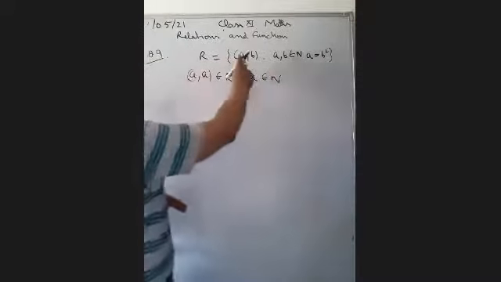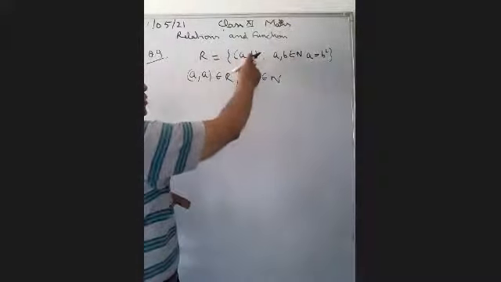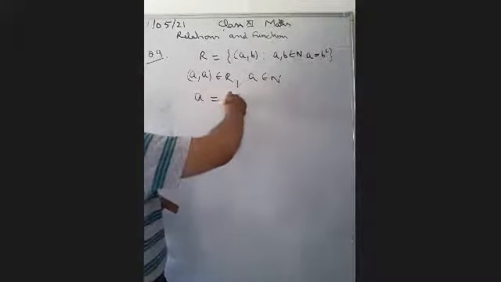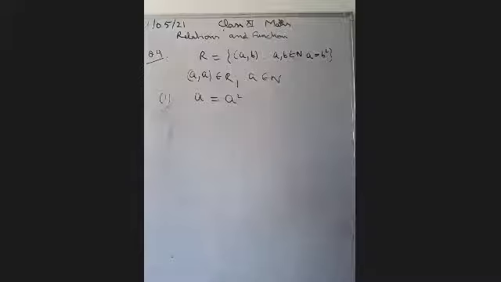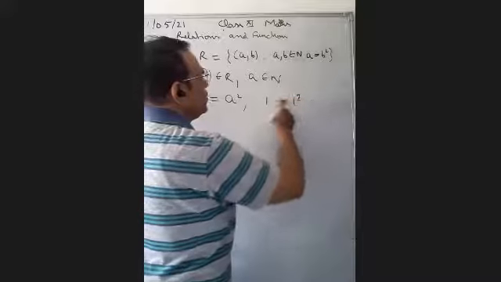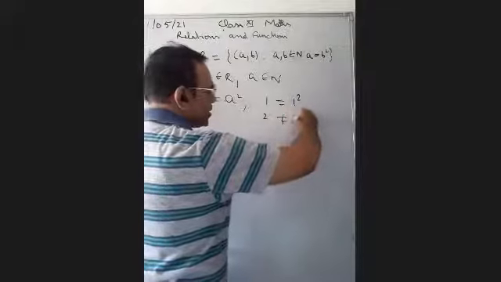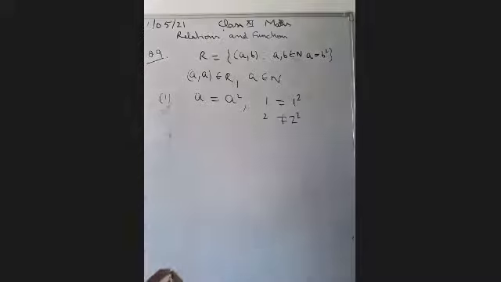If we take AB, it means A is equal to B square. That is, we are doing the square of the second term. It means A equal to A square. This is the first part. Is A equal to A square possible in natural numbers? Yes, it is possible only for 1. 1 is equal to 1 square, but 2 is not equal to 2 square. But in mathematics, we accept true only when it is true for all values. So it is false.